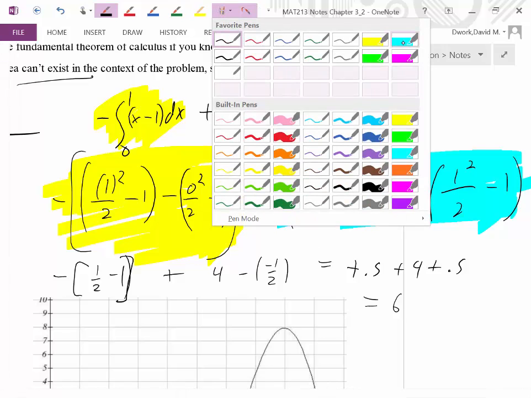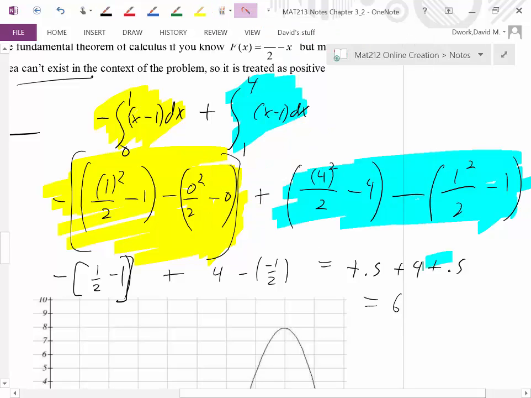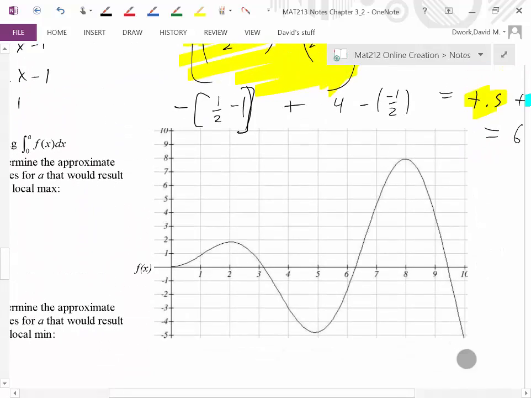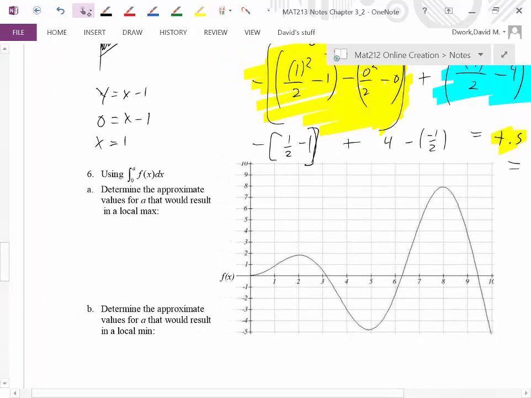Whoops, I missed my highlighter. Come on. We got 4.5. And from the other side, from the yellow side, we got a positive 0.5, which gave us a total of 6. Perfect. Okay, last little skill I want you to play with is just kind of thinking about a problem like